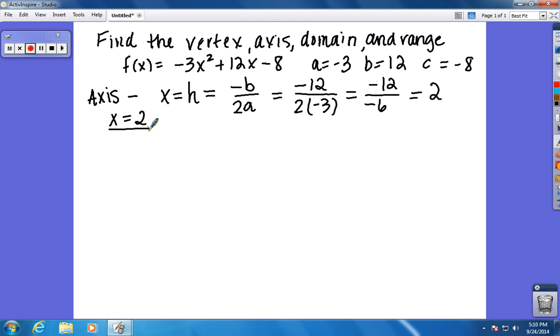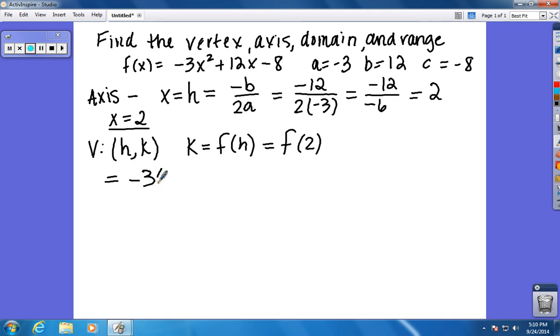Now, for the vertex, if you remember, the vertex is simply the ordered pair (h, k), where h we have already found to be 2, and k is found by plugging the value of h into our function. So we're going to find f of 2. If we plug that in, we get negative 3 times 2 squared, which is 4, plus 12 times 2 minus 8, which is negative 12